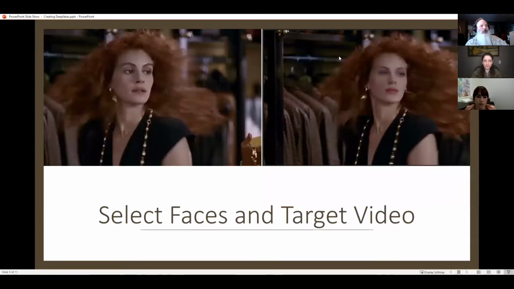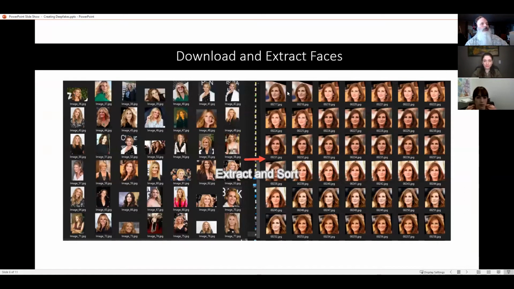Here's an example of what I generated just quickly. This is a clip from Pretty Woman, and what I'm doing is just swapping out Julia Roberts for Scarlett Johansson in this example. We'll just go through that. So in order for me to work through that example, what I did is